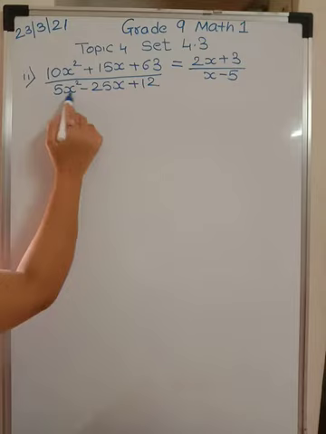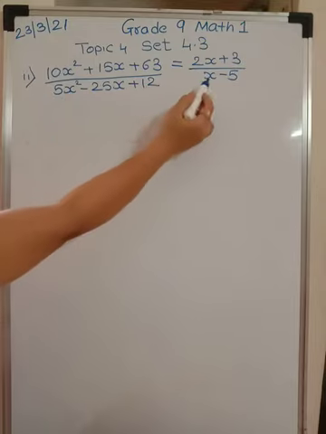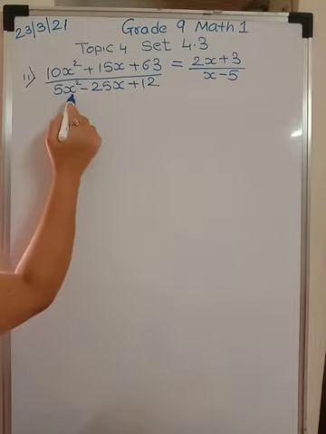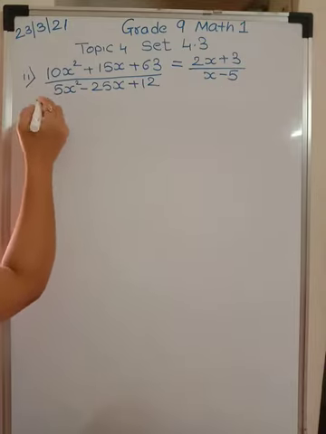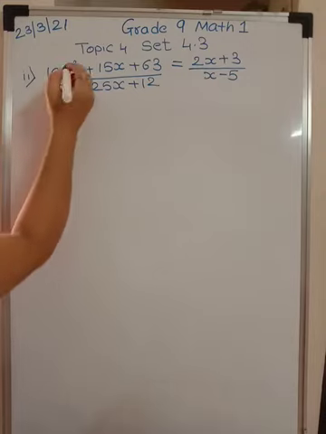Now, you look at this 2x plus 3 and look at this numerator. If I take 5x out from these two terms, then I will get 2x plus 3. Look at these two terms and these terms, x minus 5. From here also, if I take 5x outside, I am going to get x minus 5. Are you understanding me? Okay, so let us take 5x common from this.